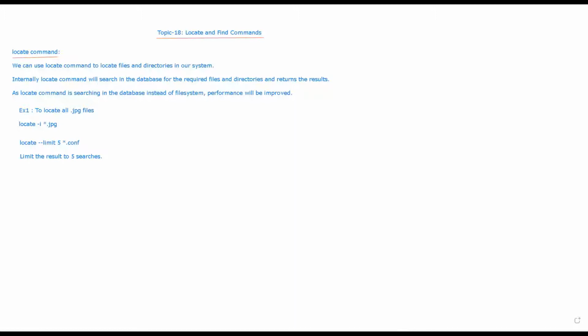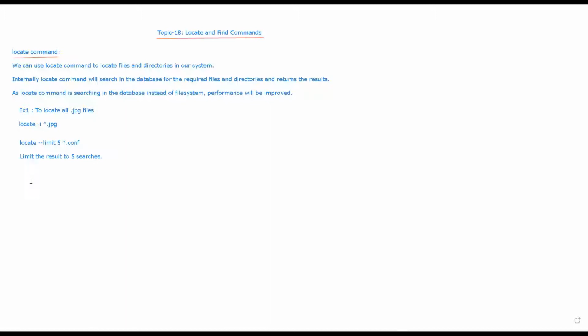What is happening in the locate command is that once in a while, every day, it will create the database. The database is refreshed every 1 day, not every 1 hour. So sometimes it shows old results. In order to check whether a particular file exists or not, you can use the existing option. How to use that?